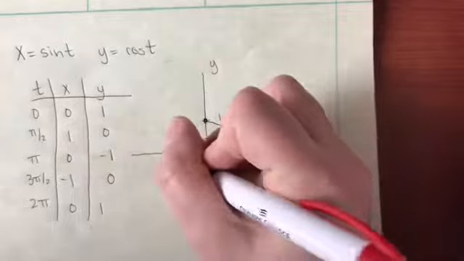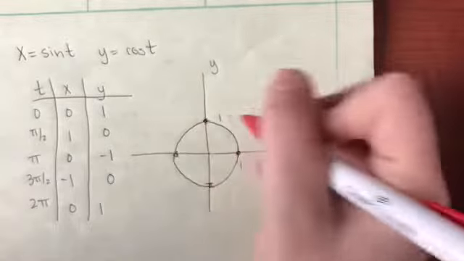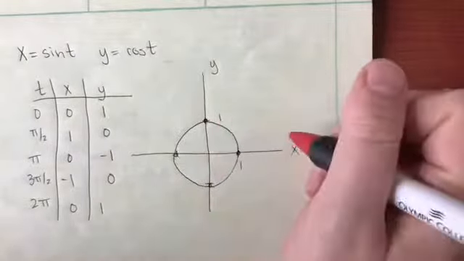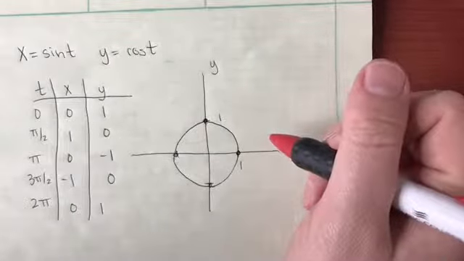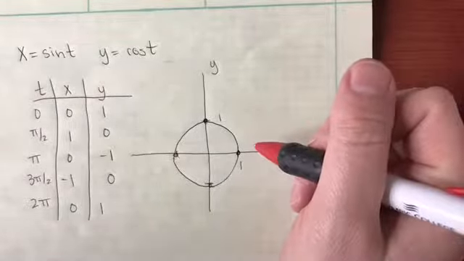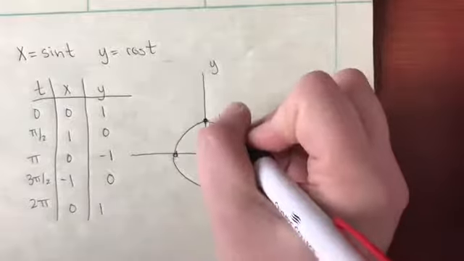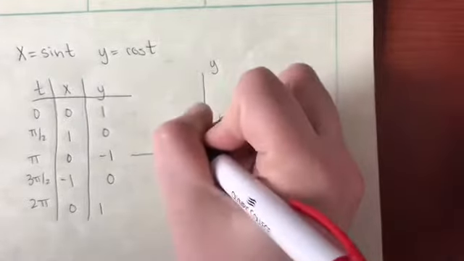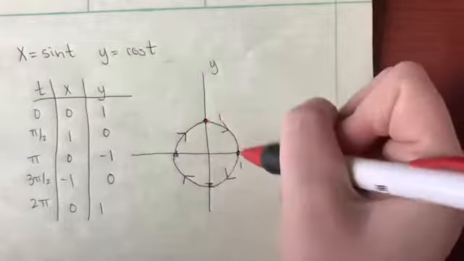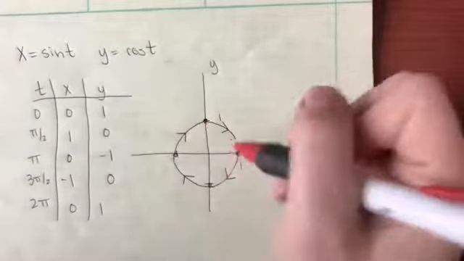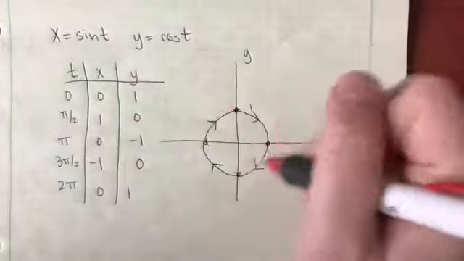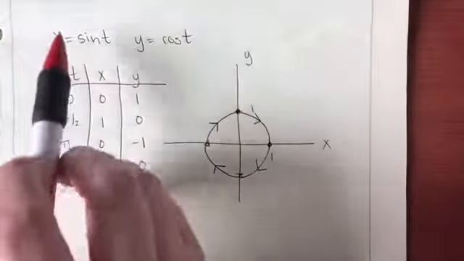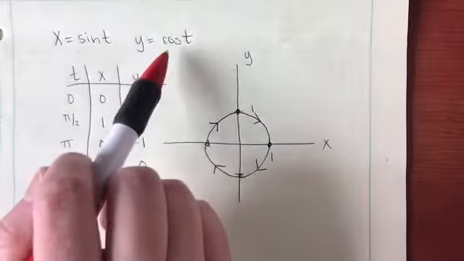If I look at this, I could plot some more points and I would see that they're not straight lines between them. Because this is a parametric equation, I do want to indicate the direction in which that parameter was increasing. So I stick arrows on here in this direction. I started at this point and I continued around this way. So you can see that this turns out to be a circle if I've defined x to be this and y to be this.